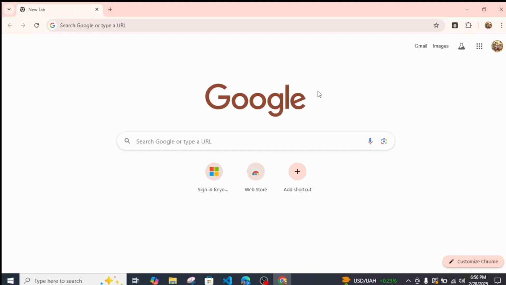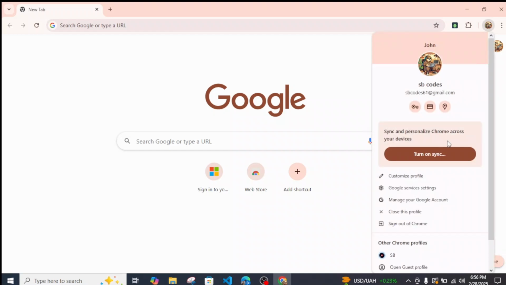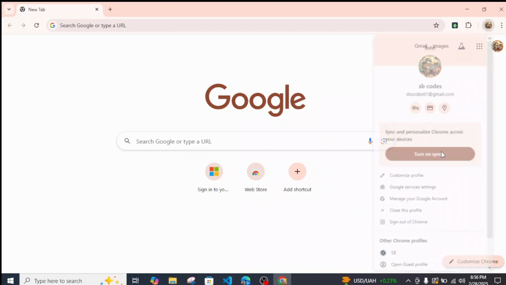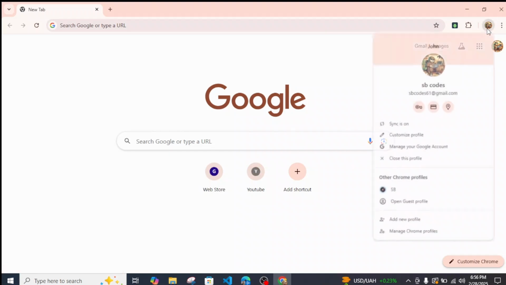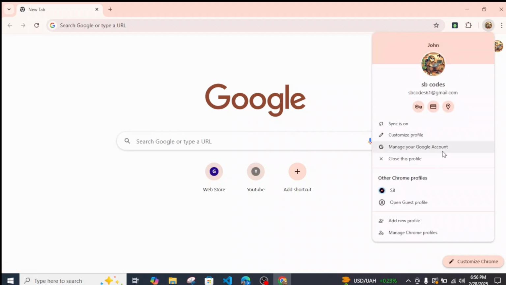In this video I'll be showing you how you can easily back up all of your Chrome data on your Google Chrome. So first thing, simply head over to your Google Chrome browser, and once you open it, just make sure you're logged into your account and simply tap on this account and make sure you have turned on this synchronization. So what it basically does is it will automatically synchronize everything like bookmarks, your password, all to your personal